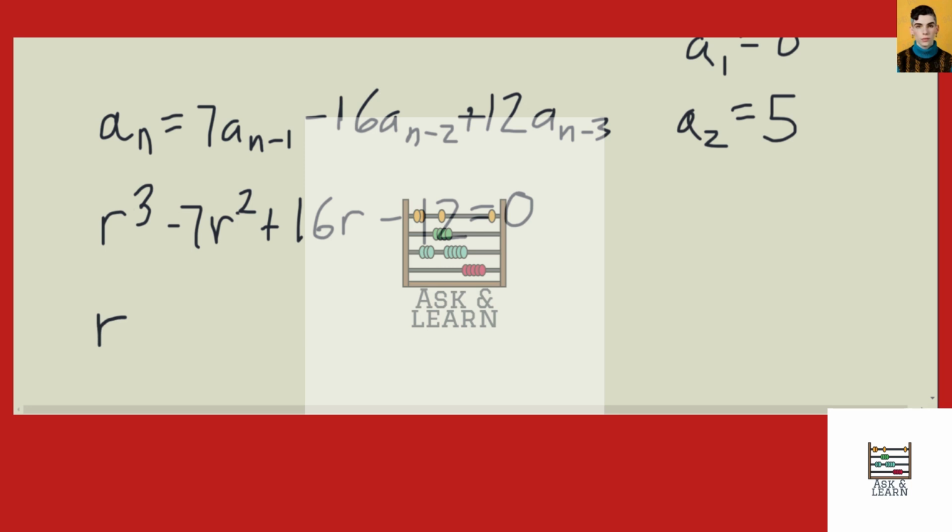And we have that the roots of this characteristic equation, there are a few different ways to find out. If we plug in r equals 2, we get 8 minus 28, so negative 20, plus 32 is 12, minus 12 is 0. So we have that 2 is a root,